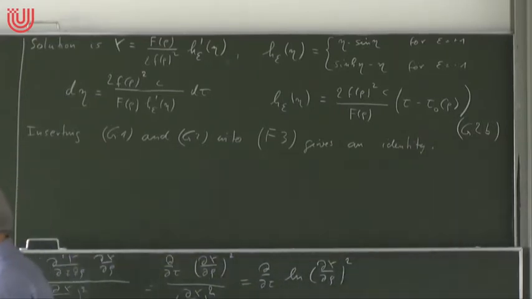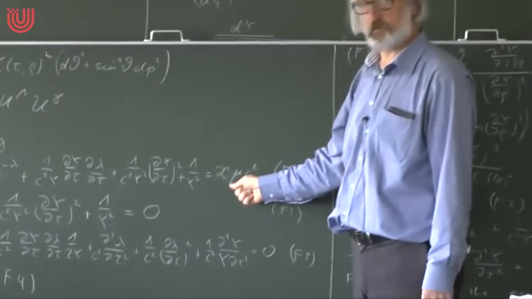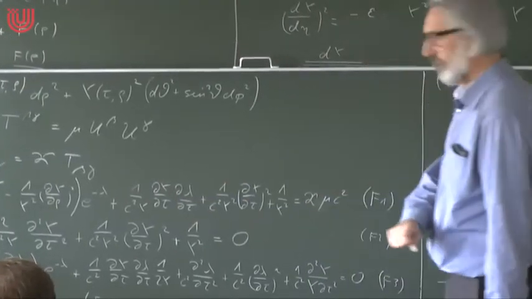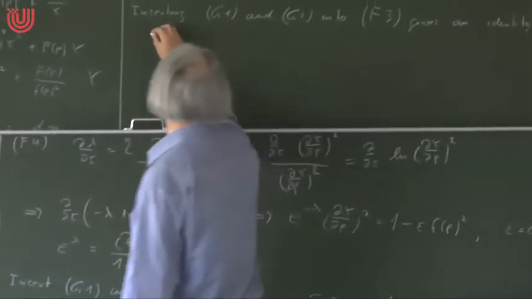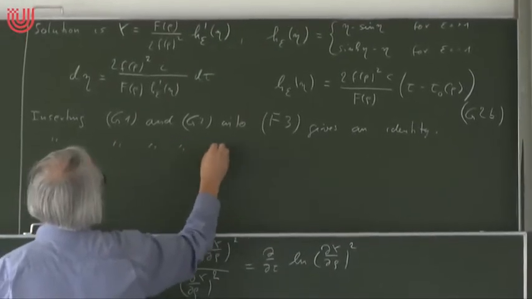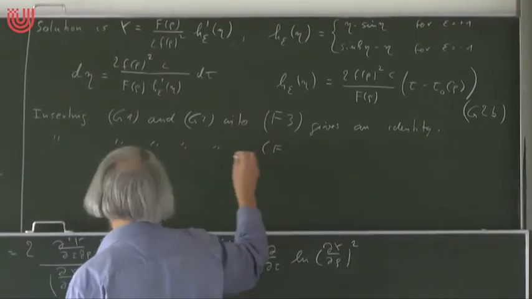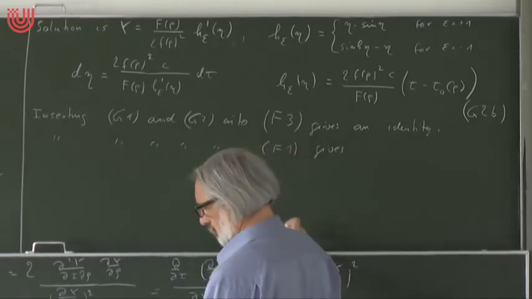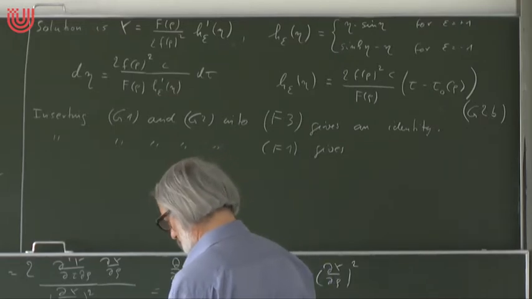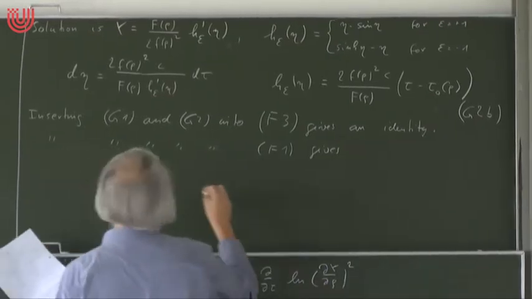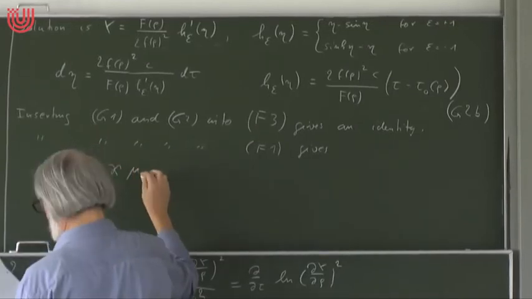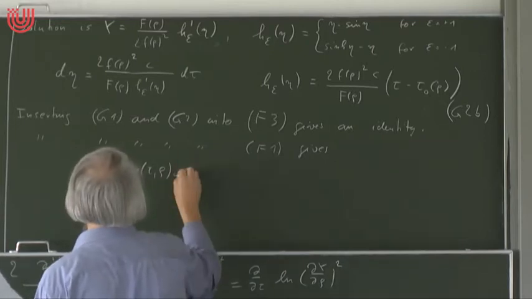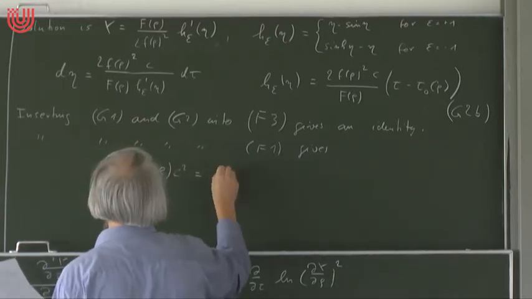Then the only remaining field equation is F1. F1, of course, gives us a mu. Yeah? So we insert y and lambda on the left-hand side, and then we calculate for mu. So inserting G1 and G2 into F1 gives us a mu, and after a little bit juggling around with the terms, we get a fairly simple expression. We get kappa mu, which is a function of tau and rho. Let me write this explicitly. It's just f prime of rho